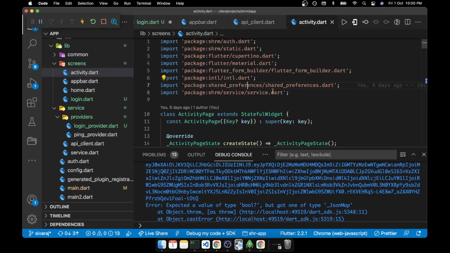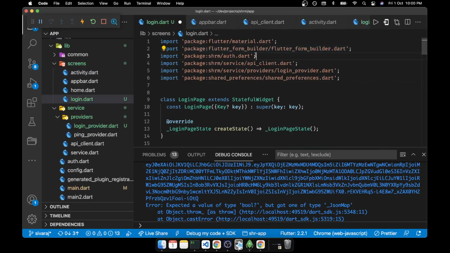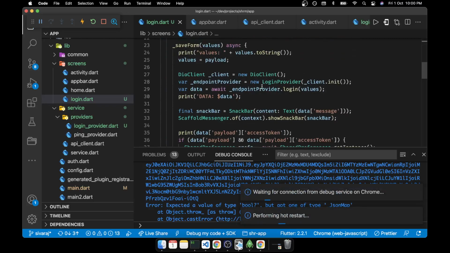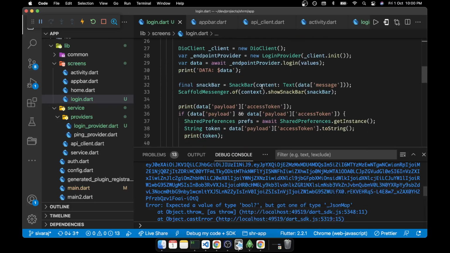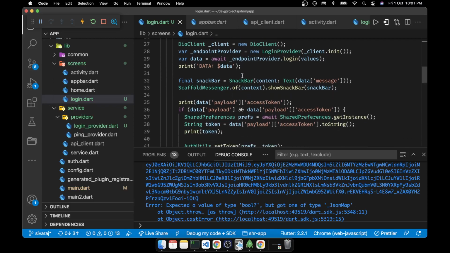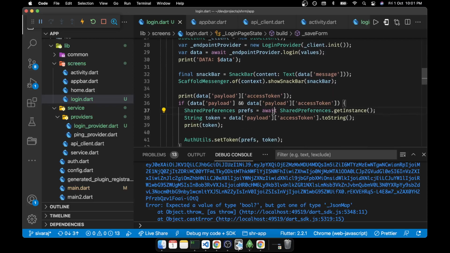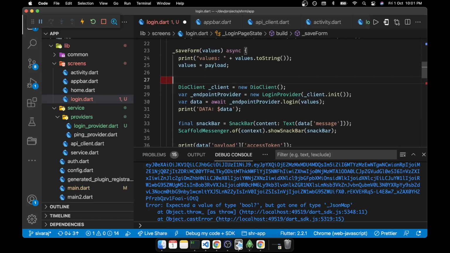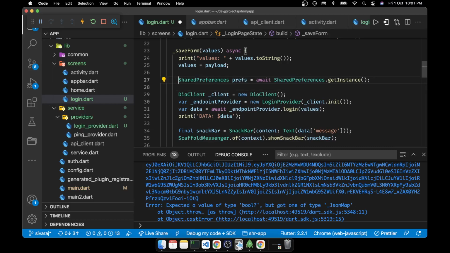What is another package which is involved? Auth utilities. Yeah, correct only. Maybe we have to get it in the first place because of that.